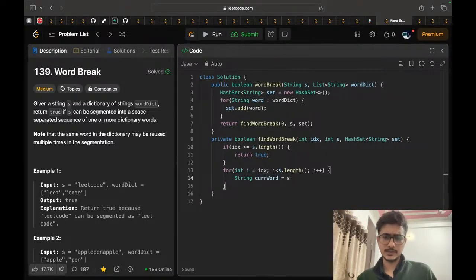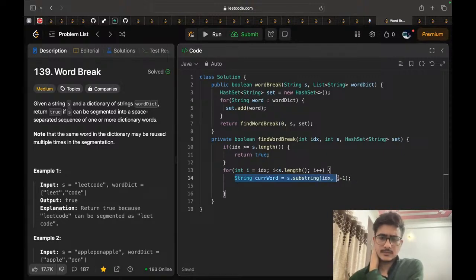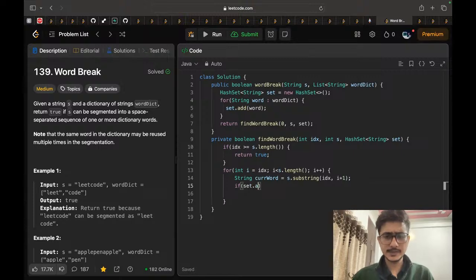So this will be s dot substring. We are starting from the idx value and ending at this index, adding 1 plus. So okay, and if this current word is present in our set, contains current word,